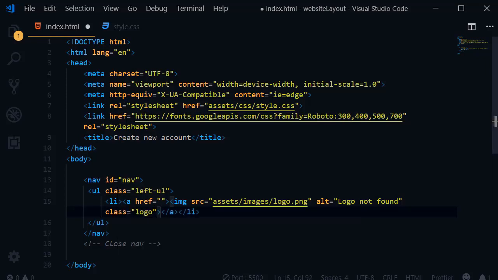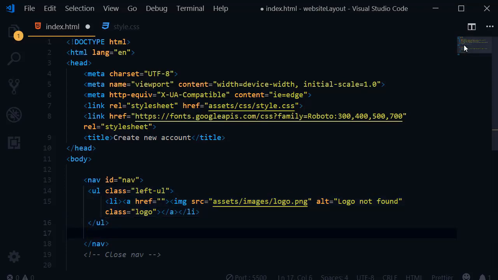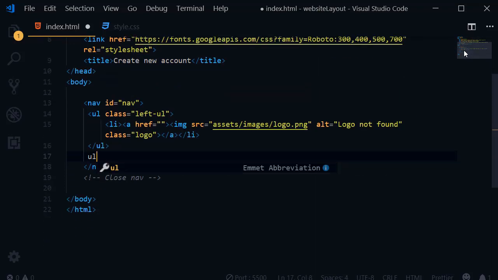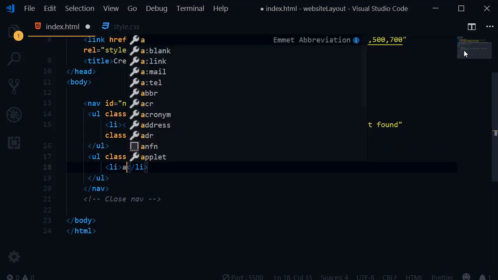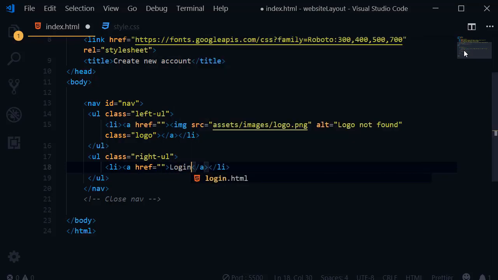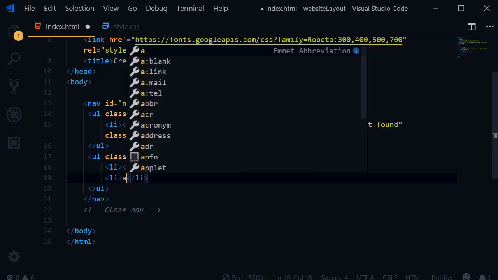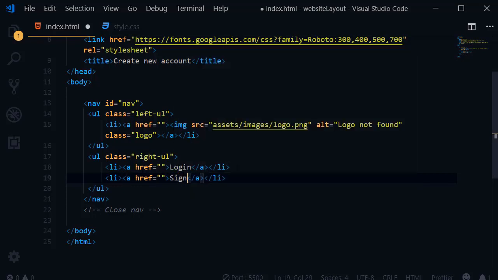So now after this UL I want to add one more UL, dot right UL, LI A login, and again LI A sign up. So now let's go to